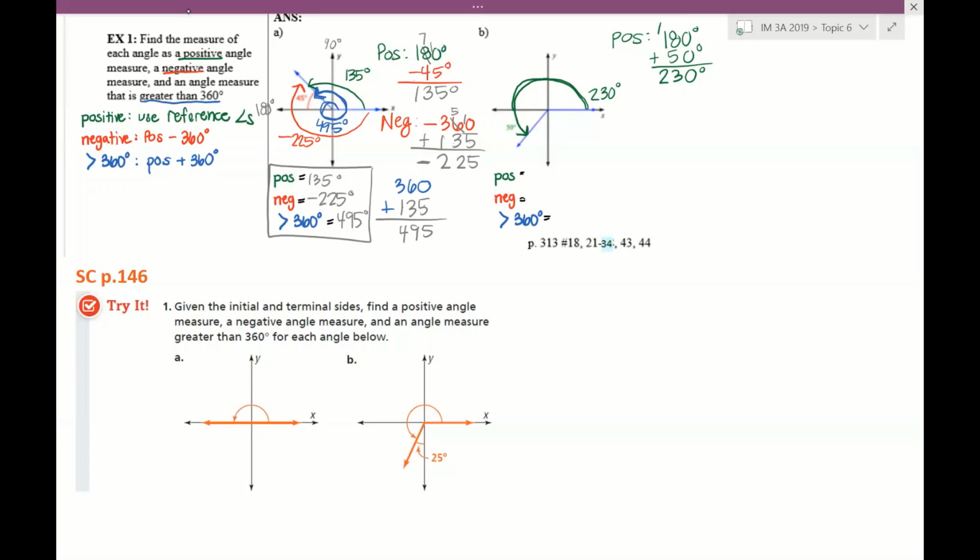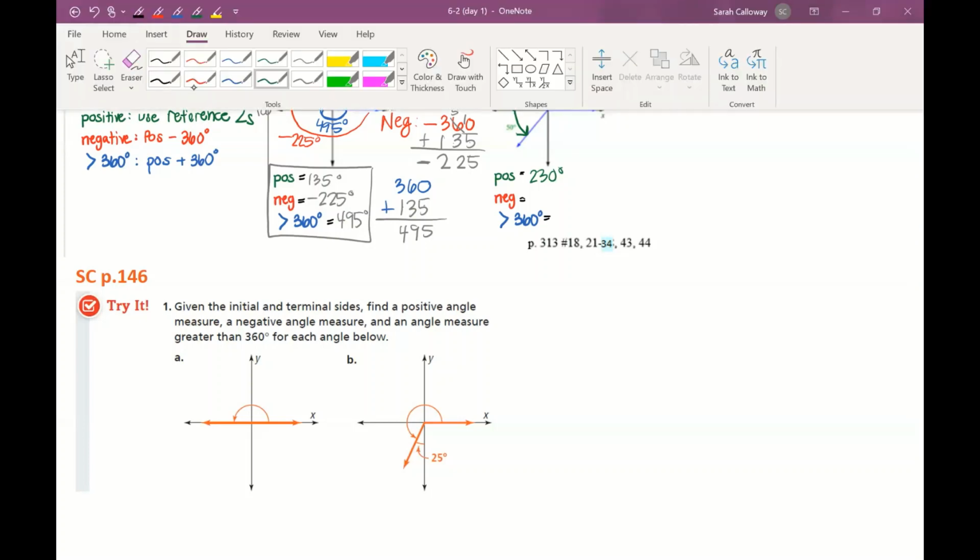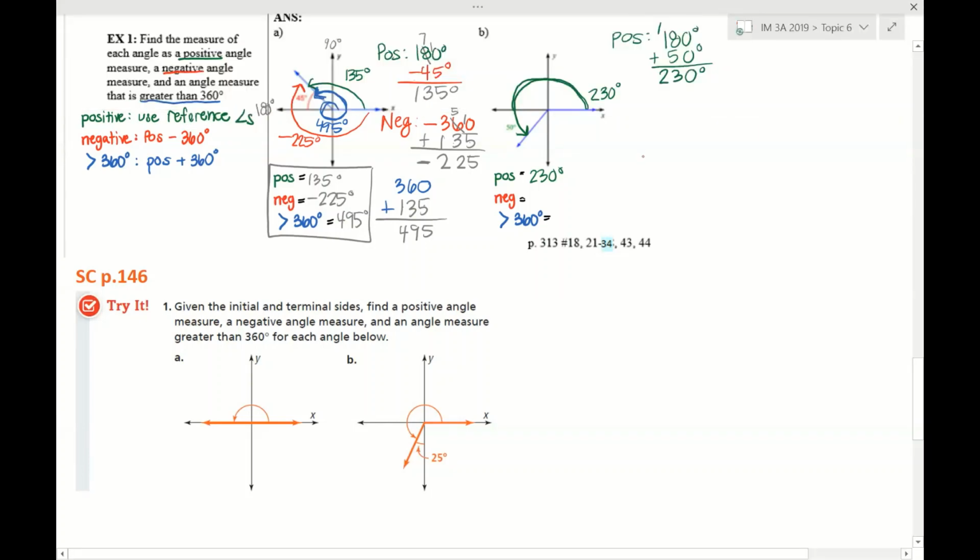To identify the negative angle, I'm going to subtract 360 from that value. So remember, for the negative, I'm taking negative 360 and I'm adding my angle that I just got, so plus 230 degrees. So 0 minus 0 is 0, 6 minus 3 is 3, and then negative 3 plus 2 is negative 1. So I get negative 130 degrees